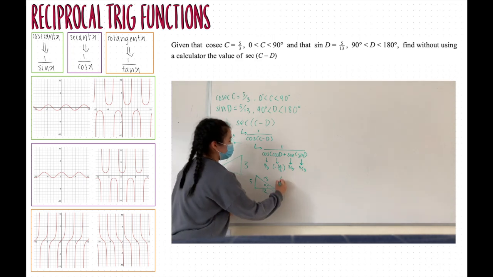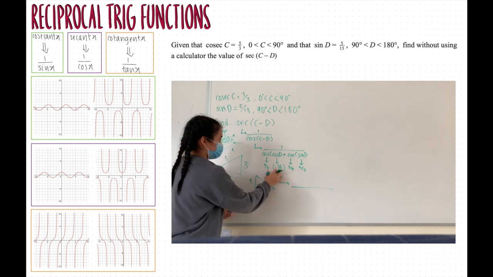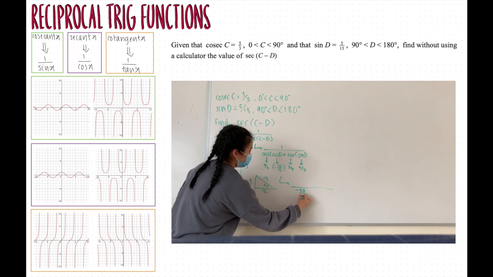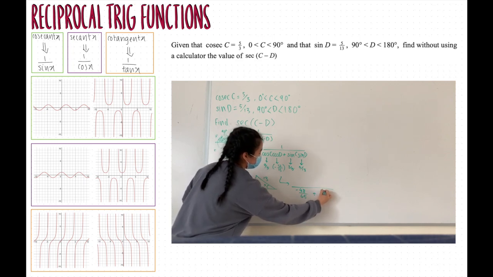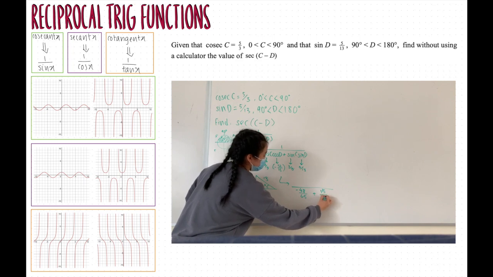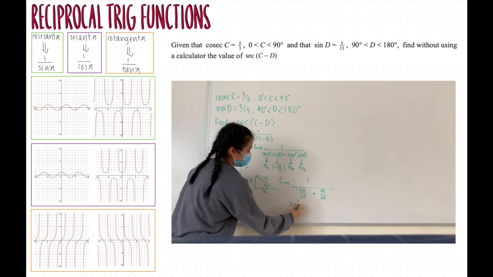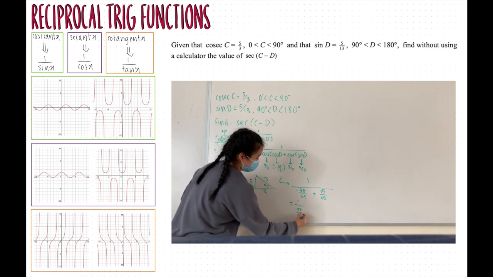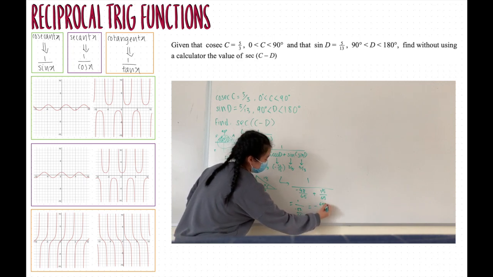We just say that for the bottom, it is these two multiplied, so it's negative 48 over 65 plus 15 over 65, and then 1 on the top, which is equal to 1 over negative 33 over 65, which is equal to negative 65 over